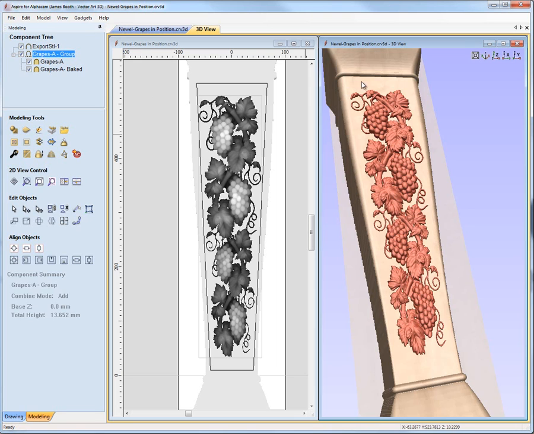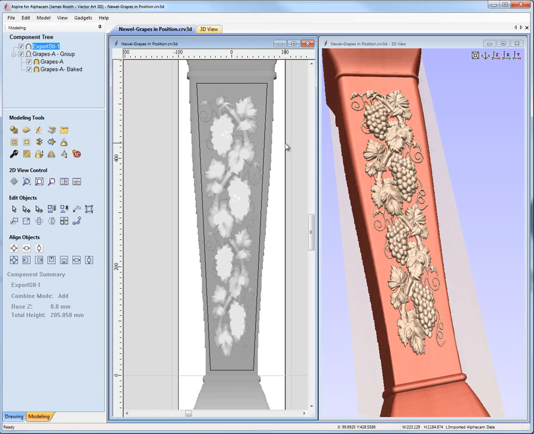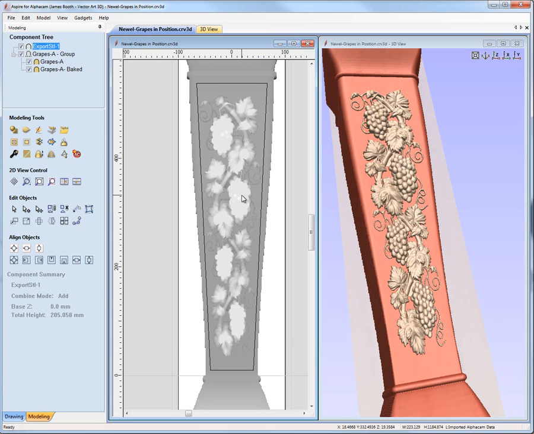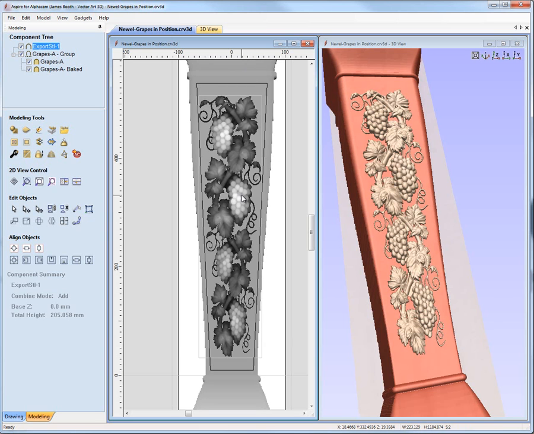Now I don't want to retranslate the surface that I brought from AlphaCAM back into AlphaCAM because it's already there. All I need is the data that's under the grapes, so they're moved into the correct position in space relative to the work plane. How we're going to do that is to select the component that represents the newel post, shift and select the grapes. So select the component for the newel post, hold shift and select the grapes so that they're both selected,